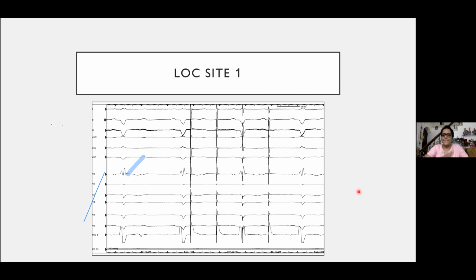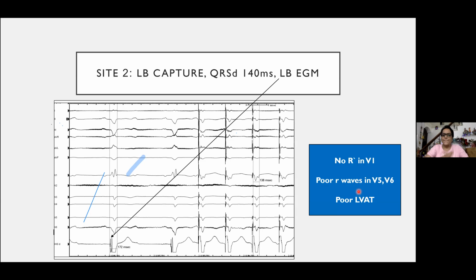But I thought, okay, let's give just half a turn more, maybe we can engage more left bundle, but it just crosses on the other side. So we have a septal perf. So this is the second site. Again, you see a beautiful left bundle potential in the initial sharp spike. And when you pace, you capture left bundle. We are pacing at a higher output, so you're not seeing a local V. Sorry, but when you pace at a lower output, you get a local V. But again, we are unable to get a R wave in V1, and we are not getting V5, V6.